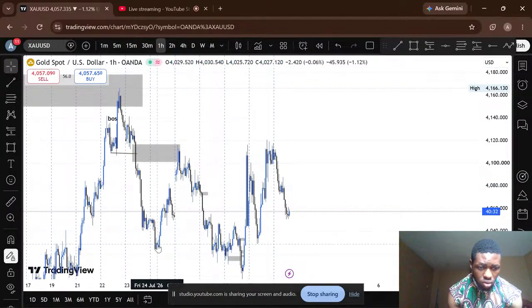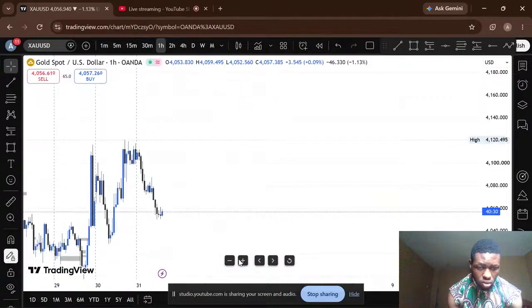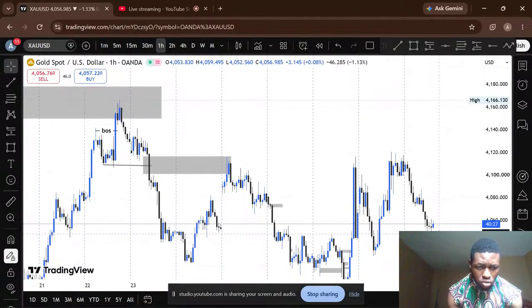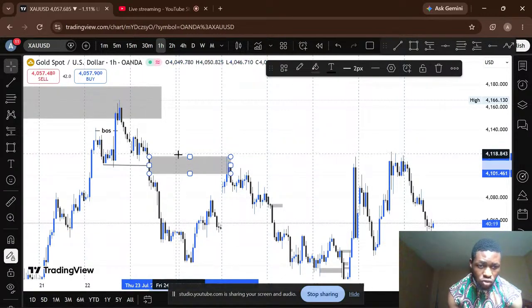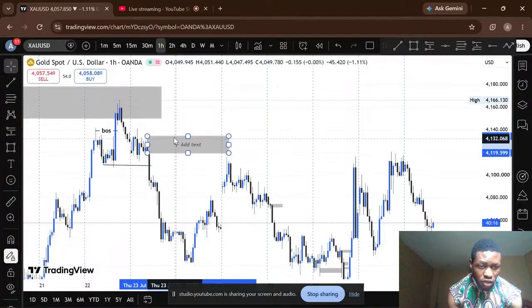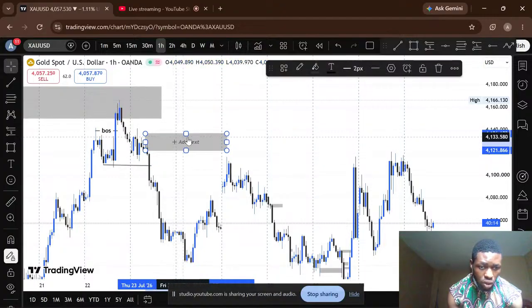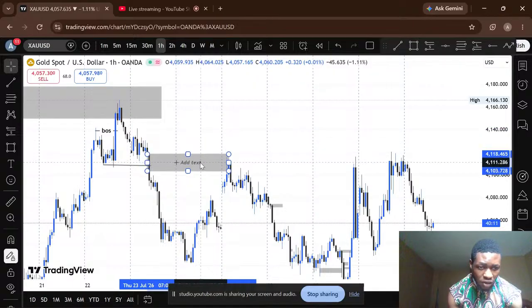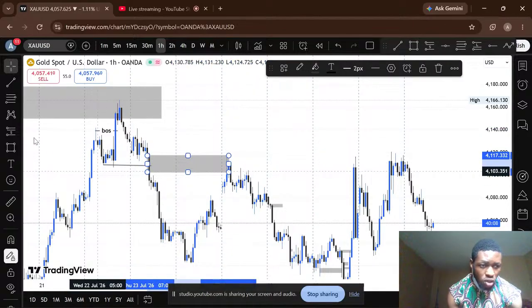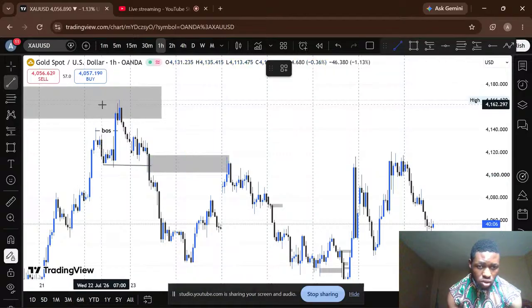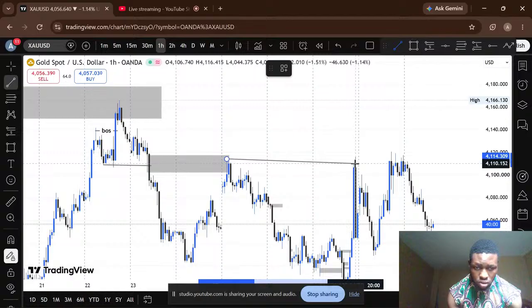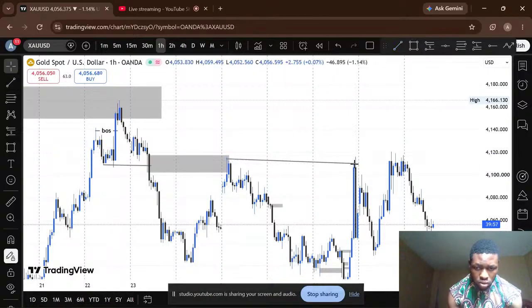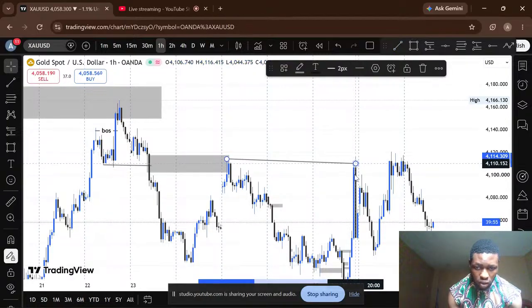Now, pay attention. If there is a time price comes to an FVG and reacts to the FVG, and forget order block, there's every tendency that price is going to come back to that place in the nearest future. And then that FVG that price tapped into becomes the liquidity price has to sweep. So at this point, looking at this, at this point,